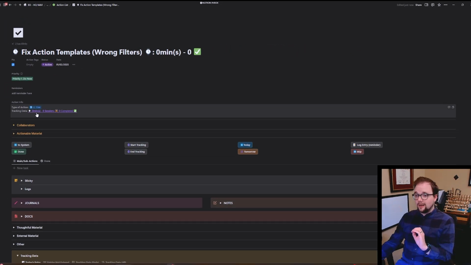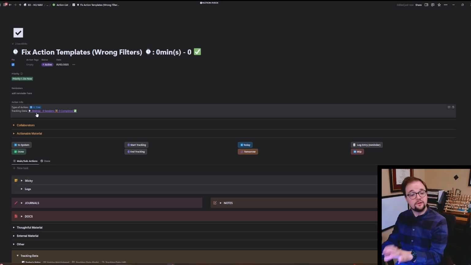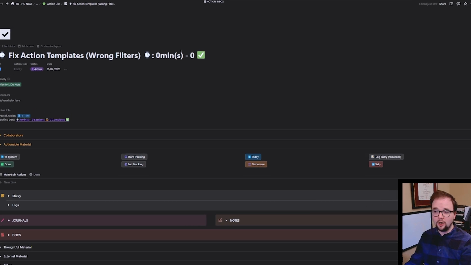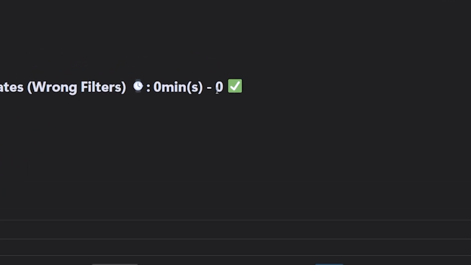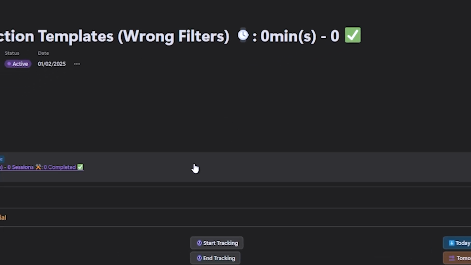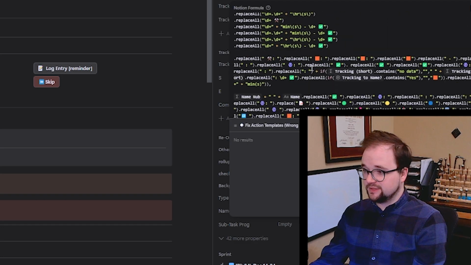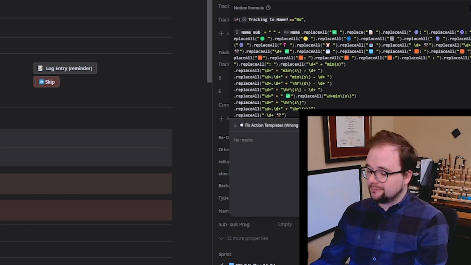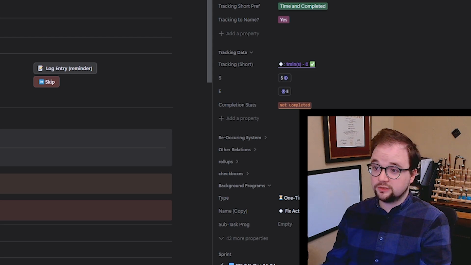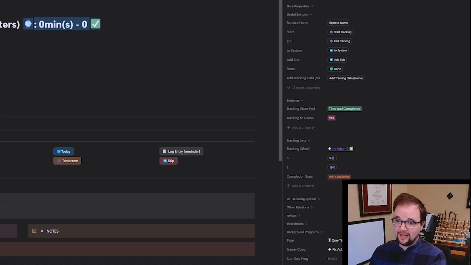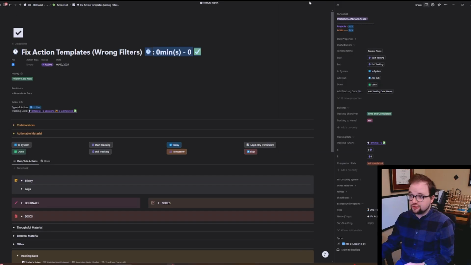But I can actually add this in. It won't update automatically every single minute, but once I complete the task, it'll show me how long it took me to do it. And if it's reoccurring, then how many times I've actually completed it as well. It does the sessions too, which we'll talk about later. Again, this one's complicated. Just doing the numbers in this long string without deleting everything else, it took a little tinkering. But to show the simpler one,